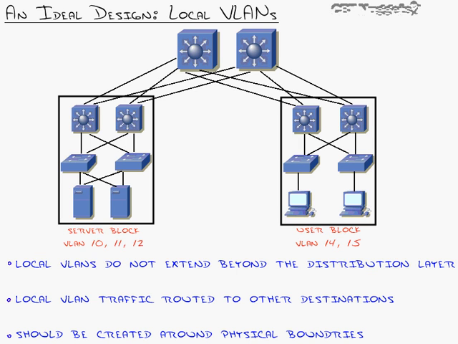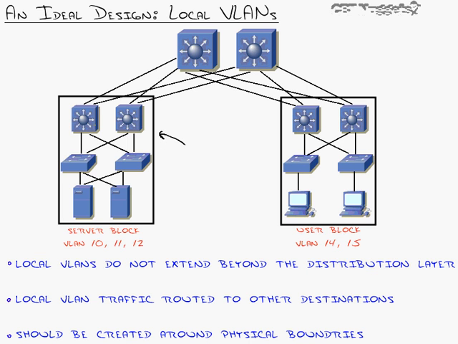When you are setting up VLANs in your network, Cisco recommends that you design them through a concept called local VLANs. All that means is that the VLANs are constrained to a specific switch block. Now, in the opening video to this whole series, we talked about the enterprise composite network model, remember? And one of the things we talked about there was how we're supposed to design our network in these groups,